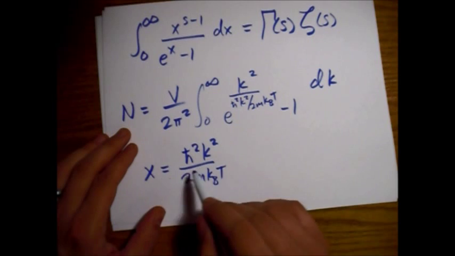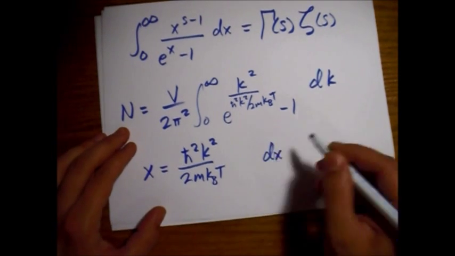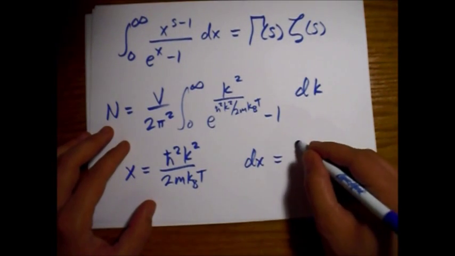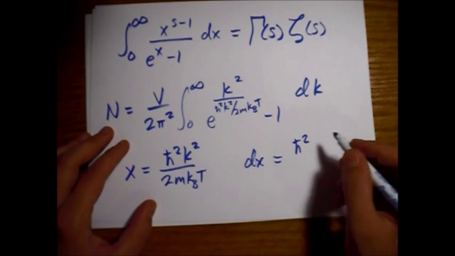Let's see what we've got now. dx is equal to h bar squared